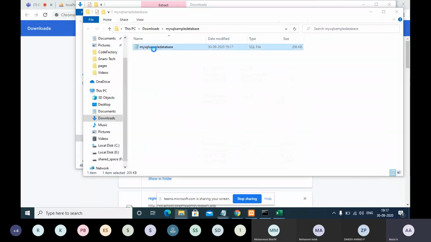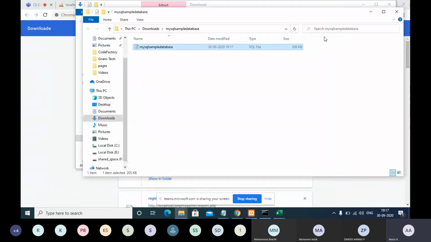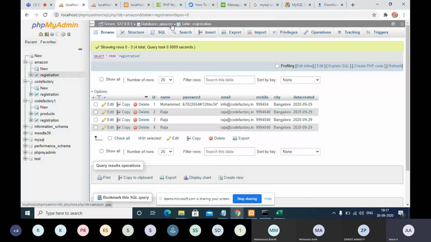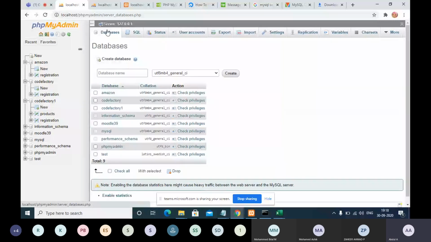So this is a SQL file. I think this has a lot of data. So what we can do is create a common database now. For example, I'm going to databases, test database, create.